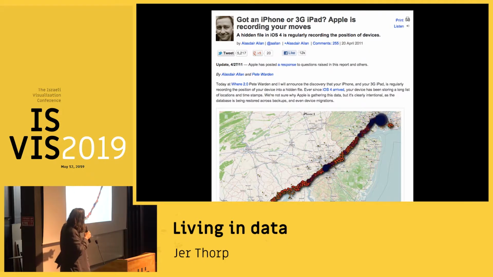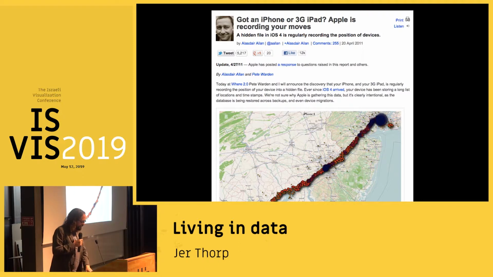So each of these are location points when the authors did a drive up the eastern seaboard of the United States, so you can see the type of frequency of location that's being collected from that device. So this was a big privacy concern for obvious reasons. But for a group of us at the New York Times, it was also something else. It was that Apple had made a big mistake, and they had taken this data, which they usually guard and hold very close to their chest, and they had let it loose.